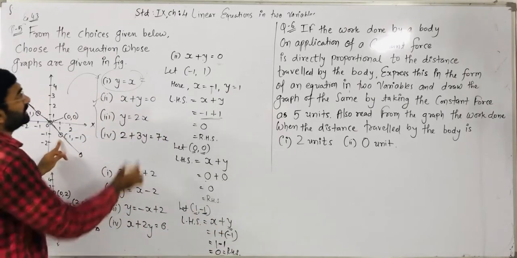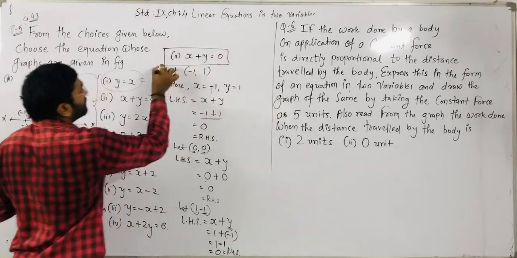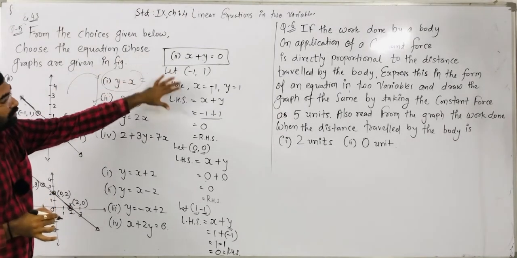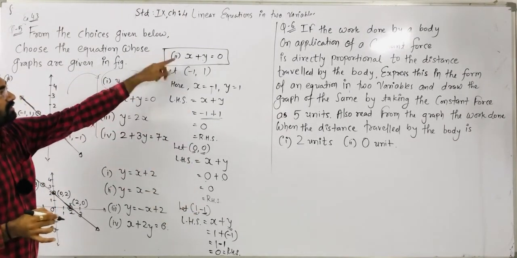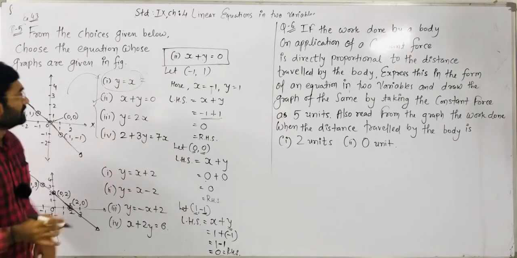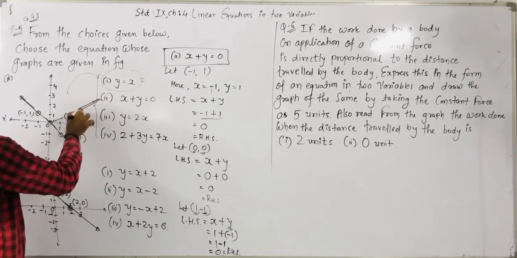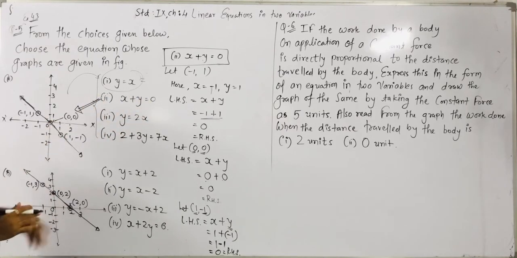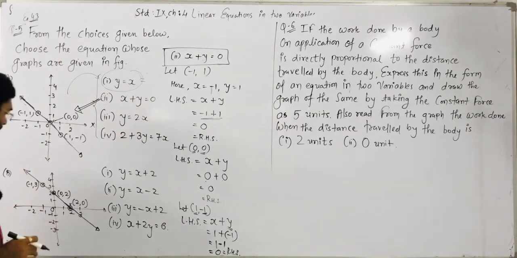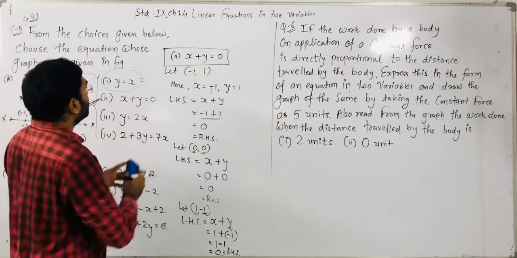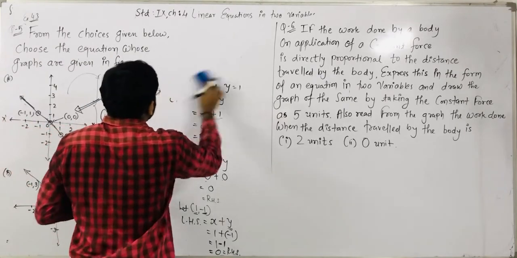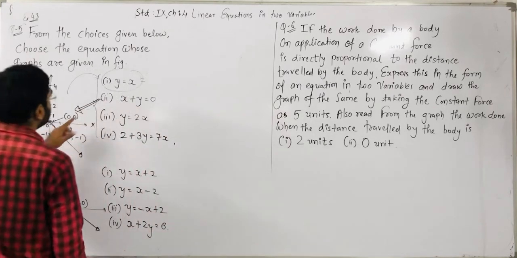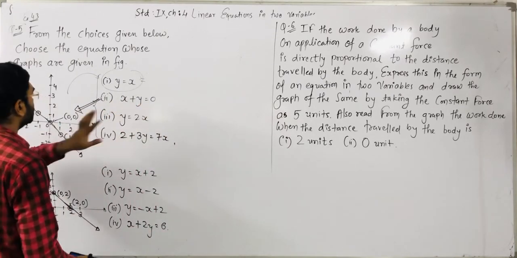So we can say that in these equations, all these 3 points are solutions of the given equation because it is satisfied, right? So we can say this is the graph of which equation? X plus y is equal to 0. Okay, that way we have to identify after putting all the points in an equation. So the first graph answer is what? X plus y is equal to 0.